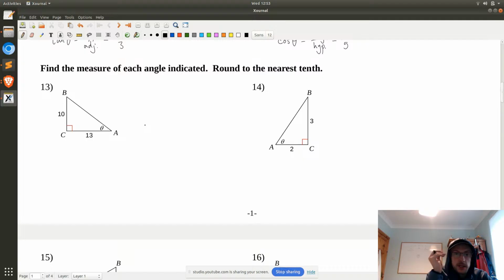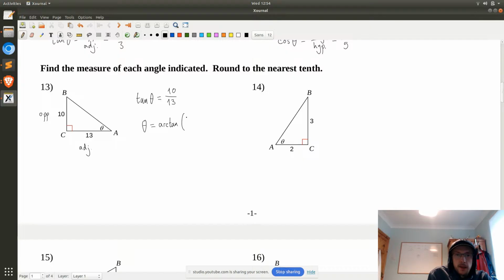Find the measure of each angle indicated and round to the nearest tenth. So in this case, we know the opposite. We know the adjacent. So adjacent and opposite, that would be the tan function, tangent of theta. So we say tan of theta equals 10 over 13, opposite over adjacent. But now how to find theta? Just use arctan,